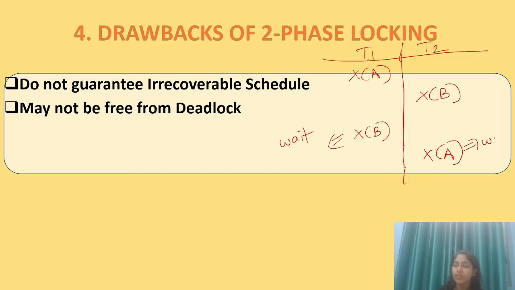T2 also has to wait till T1 unlocks it, and both are not unlocking because they are waiting for the lock. So in this case, they will keep on waiting infinitely for each other. T1 will wait for the exclusive lock on B and T2 will wait for the exclusive lock on A. Both are waiting and both won't be able to release their lock. So when they infinitely wait for resources, we call it deadlock. Both transactions will be in the deadlock state.